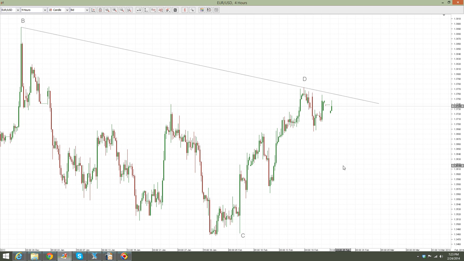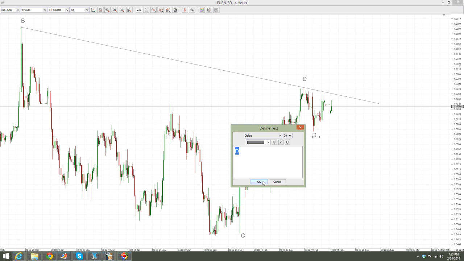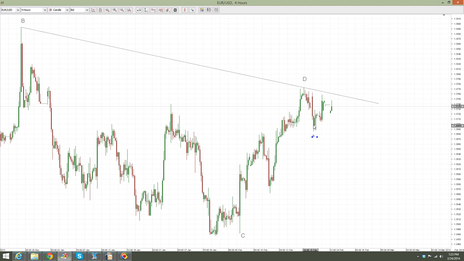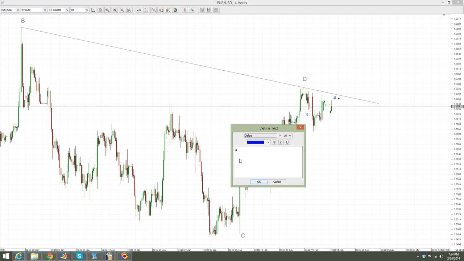Then it means that, of a lower degree, you might have the following situation: this to be a wave A, and then you are looking for a B wave to come in the form of a contracting triangle, A, B, C, D, E, and there you go. This would be the B wave